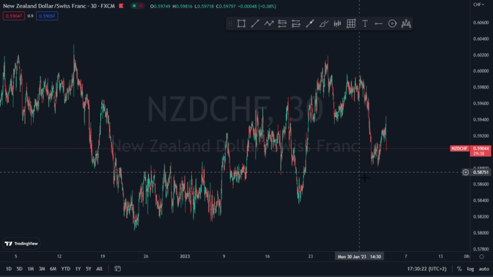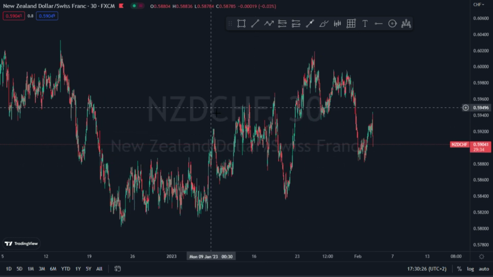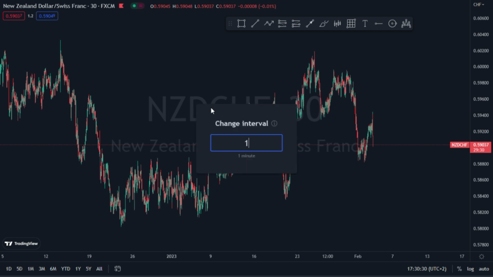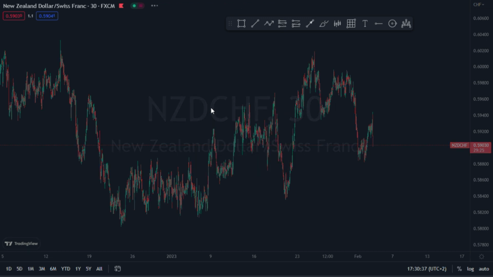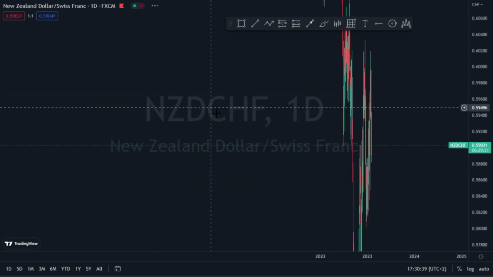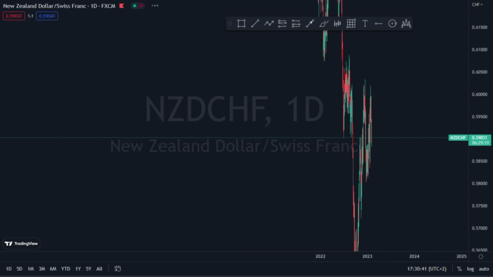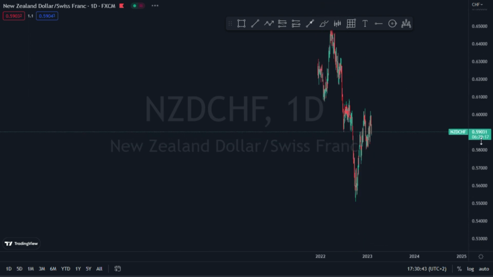So what's gonna happen right now is that I'm just gonna scale it up onto the higher time frame. As we all know, I start analyzing from the bigger time frame going to the smaller time frame. So in this case, I'm just gonna start analyzing from the daily time frame. When I look here on this daily time frame,